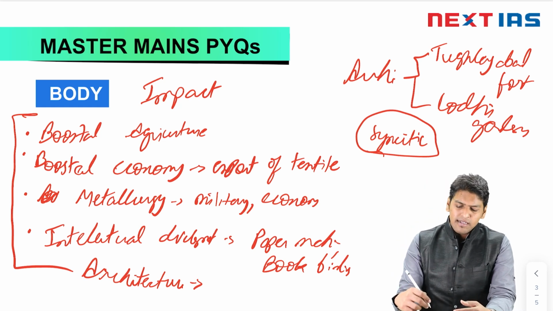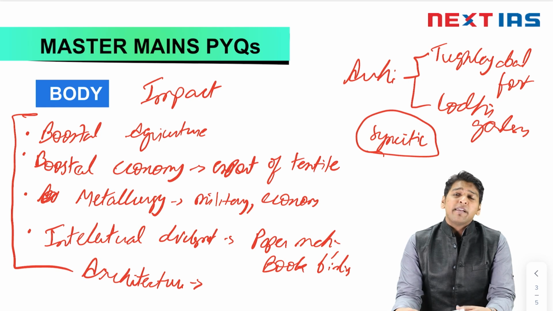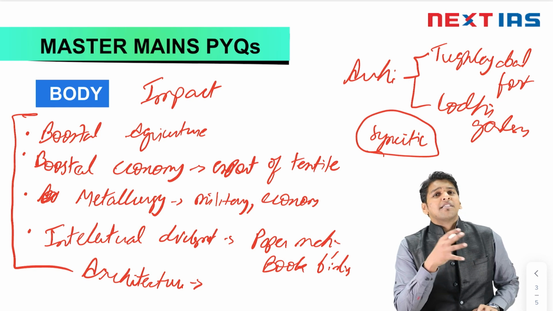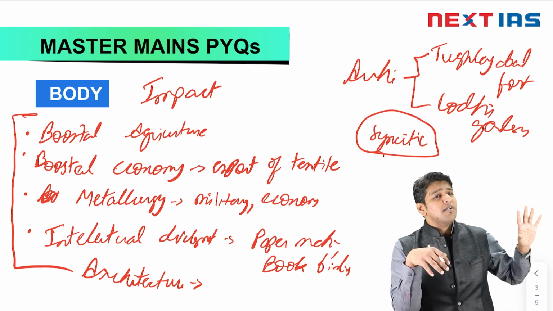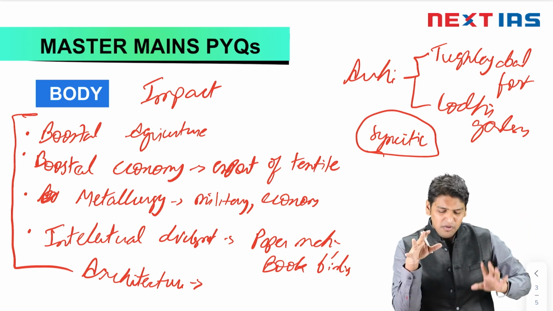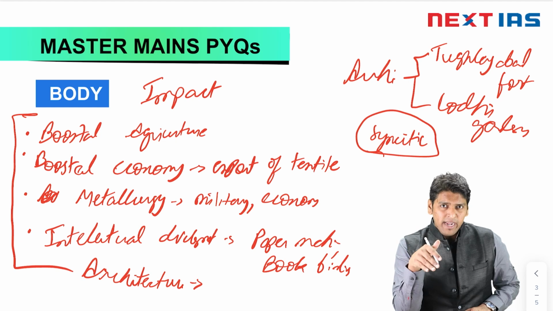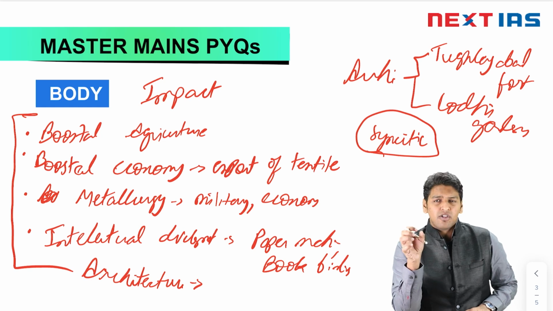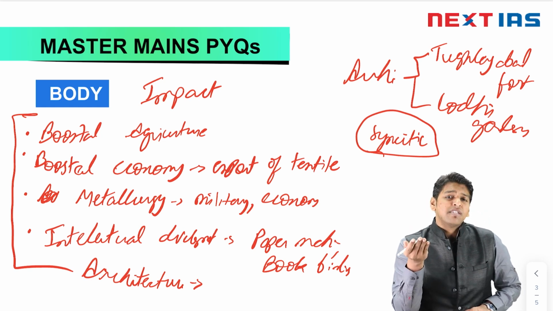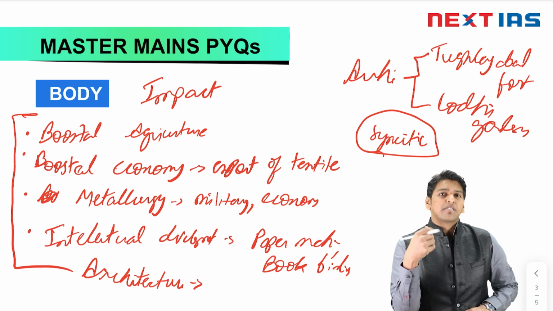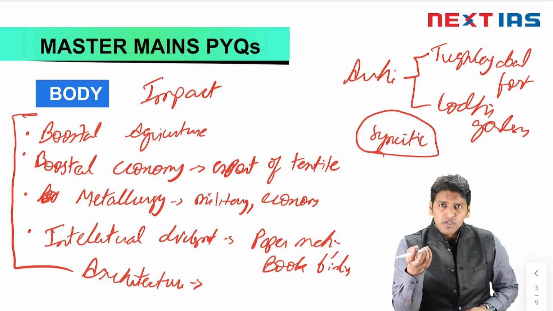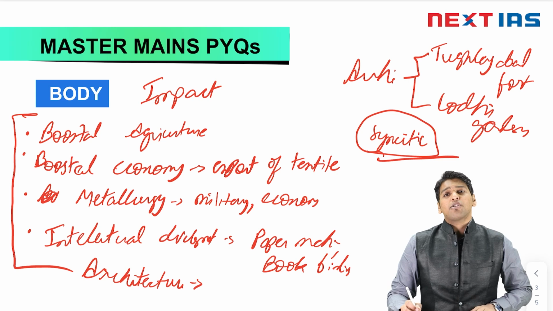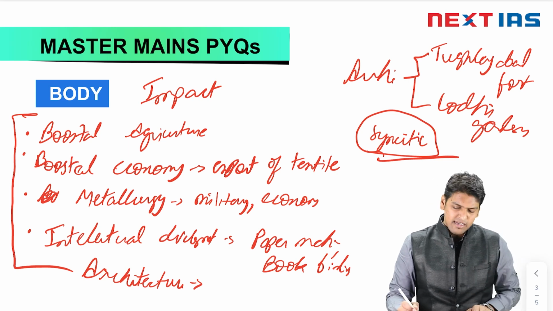Like when you see Dhai Din Ka Jhopda, it was made in a couple of days out of an existing temple. So you see the mosque, the dome which is there, but there's also a painting of a goddess on a wall. So earlier the monuments made in Delhi were made from parts brought from other Indian monuments of that time. But in the later times we see that Indian elements began to be infused with the Persian or the Turkish monuments by design. So we see the architecture was a very important contribution at the societal level.